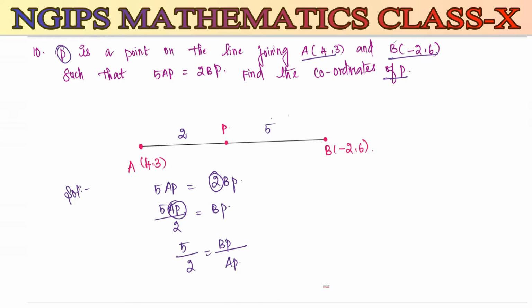Actually directly we are not supposed to take those values when it is in the ratio. When you are finding this value, AP is equal to 2x and BP is equal to 5x, because when it is in the ratio it will not be directly equal, so we need to take some constant to make it equal. So AP is equal to 2x and BP is equal to 5x. Anyway we are solving these problems in ratios, so no problem. In this type of problems you can use the values directly.